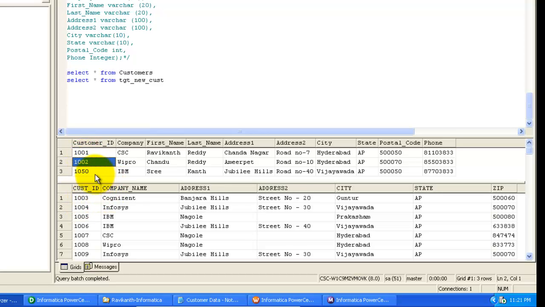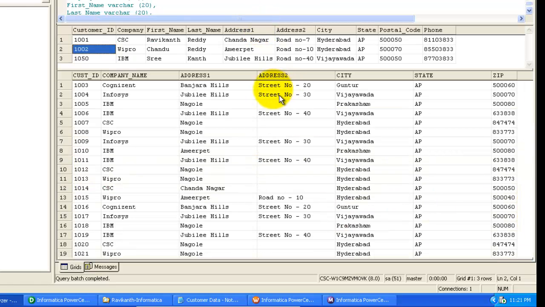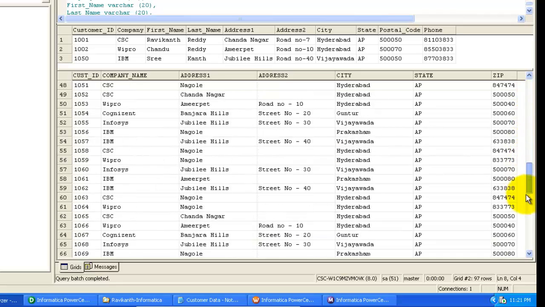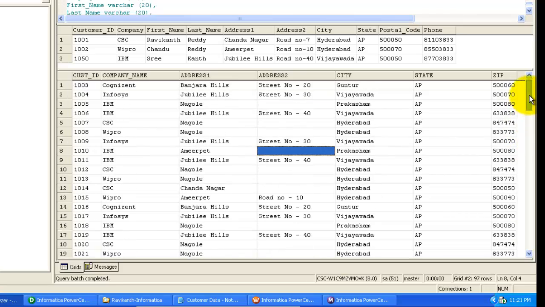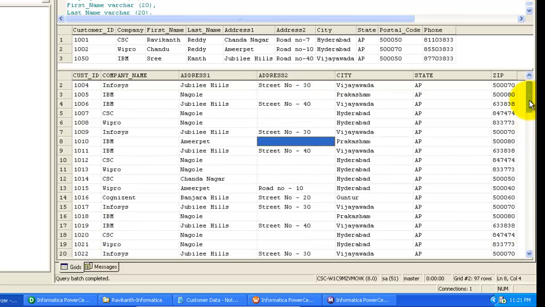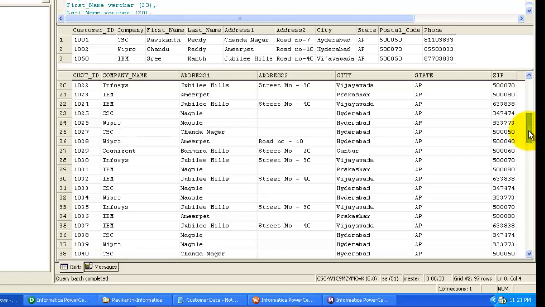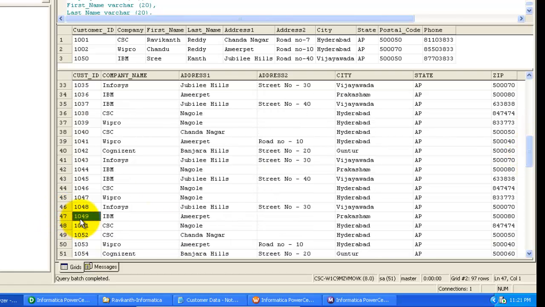Okay, and go to 1050. So where is 1050? First of all, we will see whether all the records are loaded or not. You see all the records are loaded. 100 records are loaded within a minute. Where is 1050? We'll see 1050. You can see here 1049 and 1050 is omitted and 1051 is added.